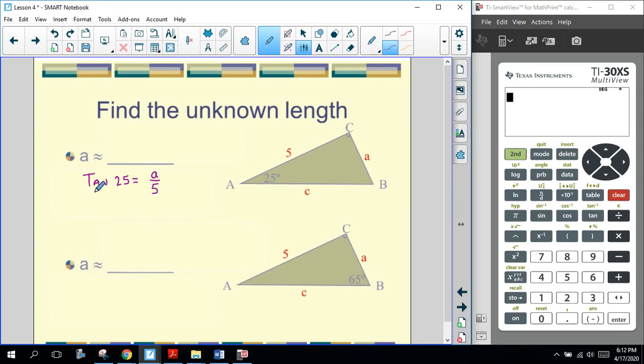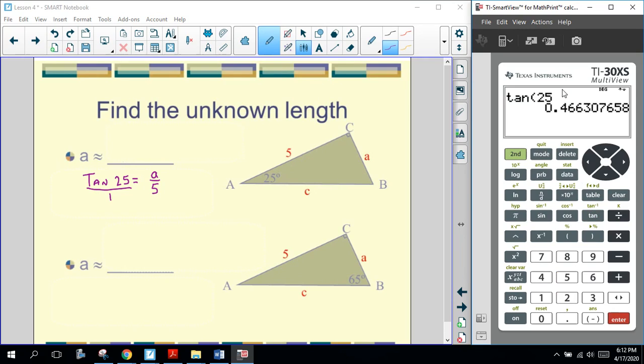Well, I've got an equation set up here, and this looks a little strange to us potentially because we don't typically work with the tangent of 25. But don't fear, the tangent of 25, guys, that is just a number. And I can plug it into my calculator here. We'll show you what that is. If I type in tangent of 25 and hit enter, it's this long never-ending decimal here. So basically the tangent of 25 is